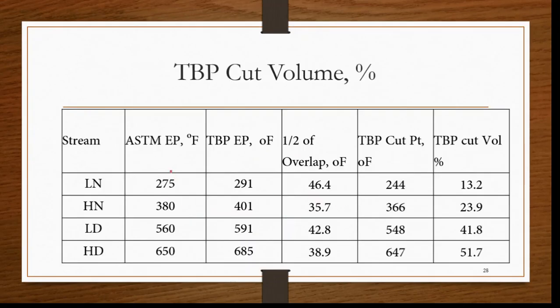I have told you that with the help of the ASTM endpoint you have to calculate the TBP endpoint, number one. With the help of the overlap you have to find the half of the overlap. Now half of the overlap of all these fractions has been calculated. Then you simply subtract: 291 minus 46 comes to 244. Similarly you can find all these values just by subtracting from the endpoints. Then from the y-axis at this 244, we can find the x value, and the x value, and the x value. So this is all about the TBP cut volume percentage,